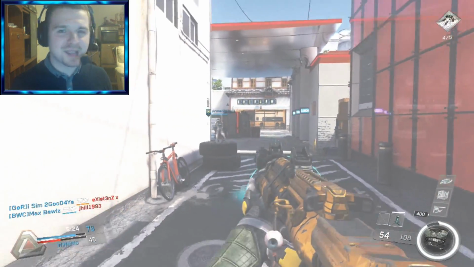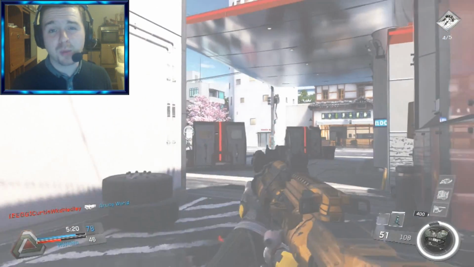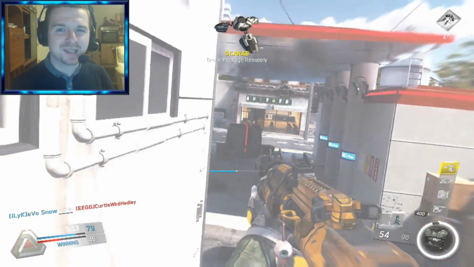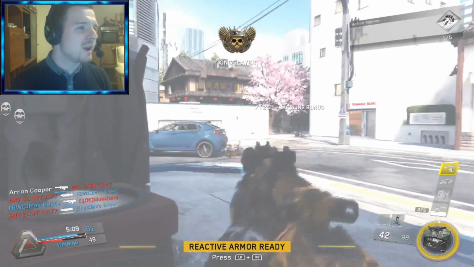Anyways, I don't use any secondaries with this weapon. I see it as if I was going to equip a secondary, obviously I'd put a launcher on, maybe a pistol, but I would preferably use a launcher. But for this best class setup I don't use any secondaries, lethals or tacticals. But for perks, the